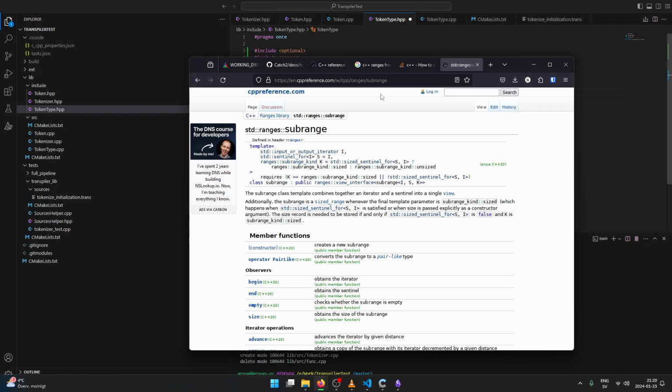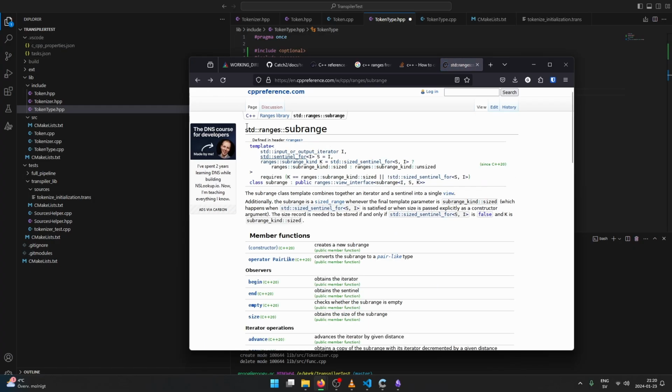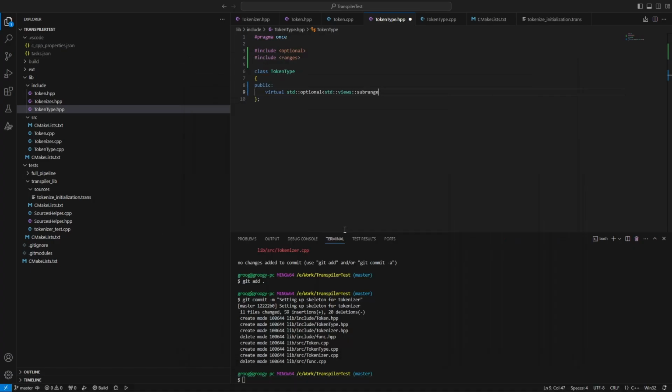I need the type for the iterator, and then we have sentinel. What is sentinel? Yeah, it's just an iterator. It's just a concept, right? So if we do using scan range,